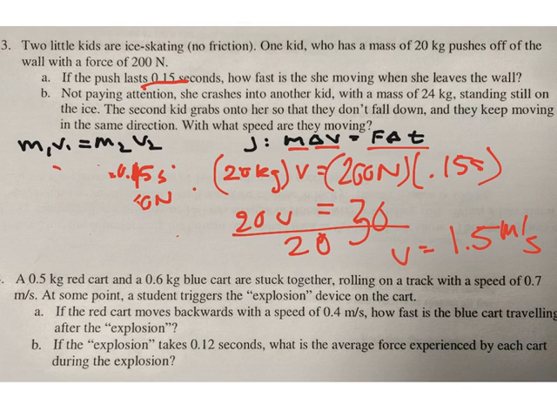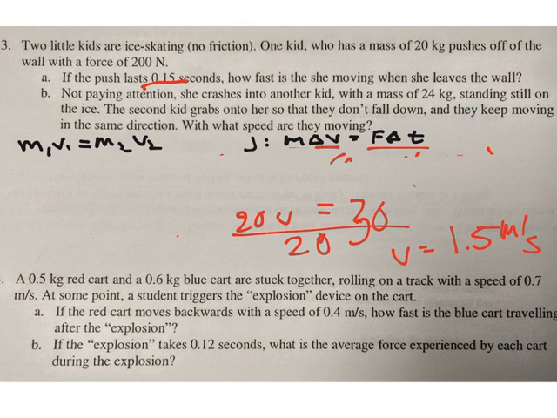So part B says, not paying attention, that kid who we just figured out the velocity crashes into another kid with a mass of 24 kilograms who was standing still on the ice. The second kid grabs onto her so they don't fall down, and they keep moving in the same direction. So with what speed are they moving? So let's make again a before and after. Before